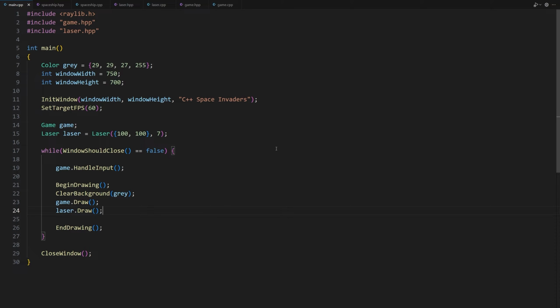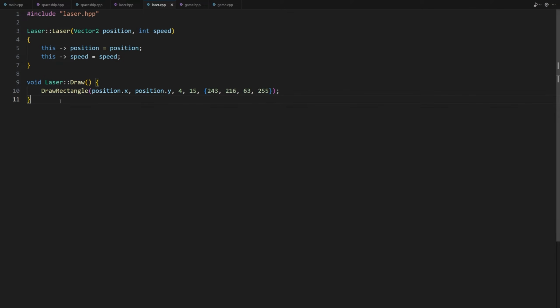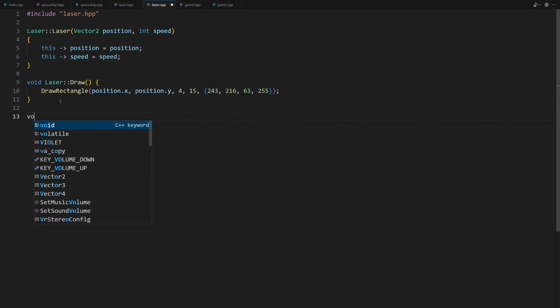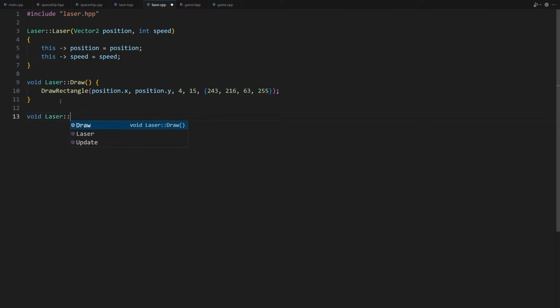Let's do this now. Let's go back to the laser.cpp file. We need to implement the update method. Void laser, : update, parentheses, and curly brackets. Since the laser beams are only moving in the y-axis, all we have to do is to alter the y position of the rectangle at every frame.